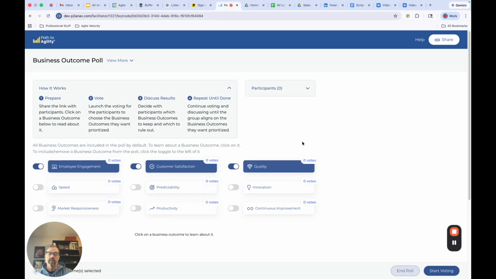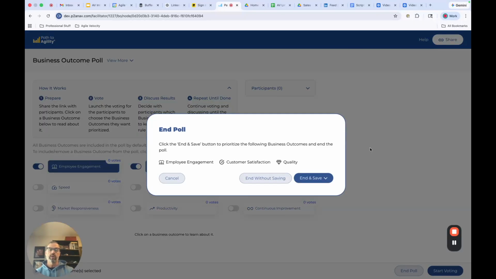I'm going to put these 3 back in. If you had a large group and maybe you got votes on 6 or 7 of these, you might go through a process to continue to narrow that down. So you would facilitate another round of discussion about those that did get votes and then let the participants vote. You want to get yourself where you've got 2 or 3 of these, because we all know that focusing on everything means we're not going to really focus on anything. So in this case, we are going to operate as though we reached consensus on employee engagement, customer satisfaction, and quality. So that means I can go ahead and end the poll, which will bring up the option to save